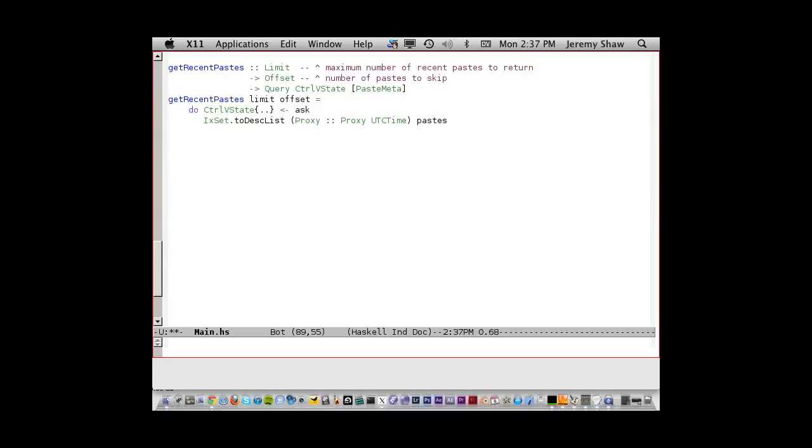So this here will take the ixset and turn it into a list that is sorted in descending order by the time field. And now we can add in our functions to do the limit and the offset. So first we want to drop whatever the proper number of beginning entries are, and then we want to take whatever our limit is,